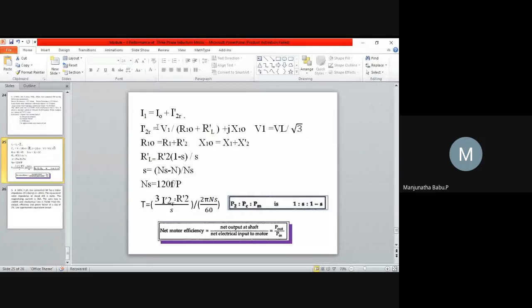No. You must add those two resistances. That is 0.25 plus 4.85. Then you must add plus J 0.84. So the denominator, if you convert to rectangle, polar. What is the value you will be getting? Sorry, rectangle. It is already in polar. If you convert to rectangle, what is the value you will be getting? So 0.25 plus 4.85 is